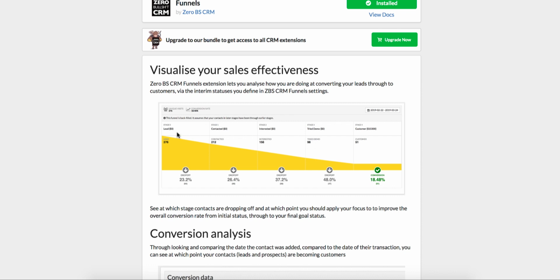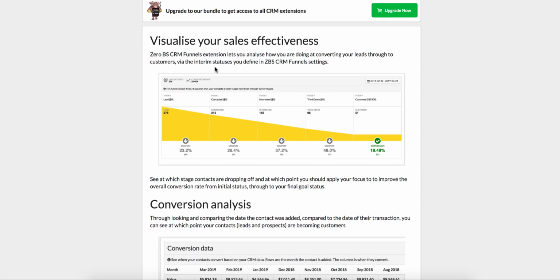They're interested, you've had a chat about it, you've done a demo with them. Are you not following up properly after that? Is there something else stopping them purchasing? So it just gives you a way of visualizing and seeing over time whether your efforts are improving your overall